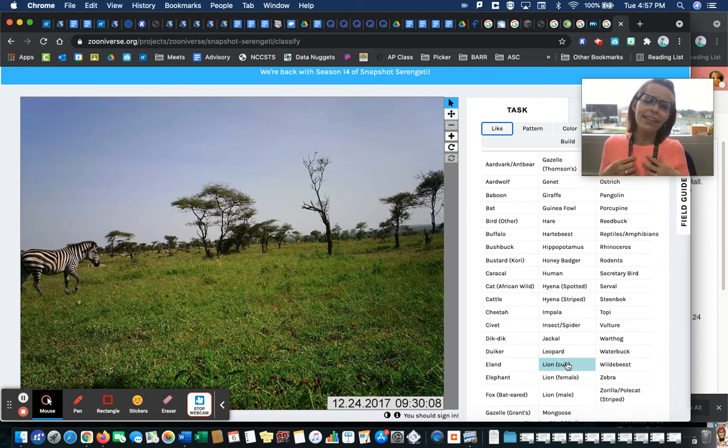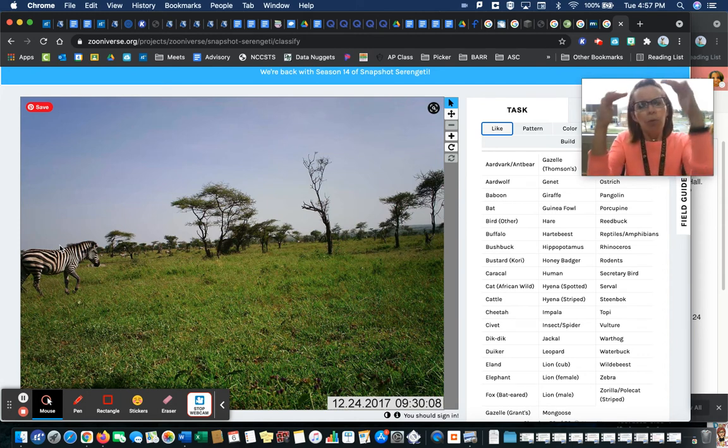Now, you might be worried that KJ isn't that smart, and she might think that that's actually an elephant instead of a zebra. So instead of just trusting that I correctly identified the animal, they're going to show it to about 5 to 10 other citizen scientists. Then they see what all the citizen scientists think that animal is. If only one person says it's an elephant and 9 people say it's a zebra, they're pretty sure it's a zebra. And then the scientists can just look at the ones where everybody misidentified.